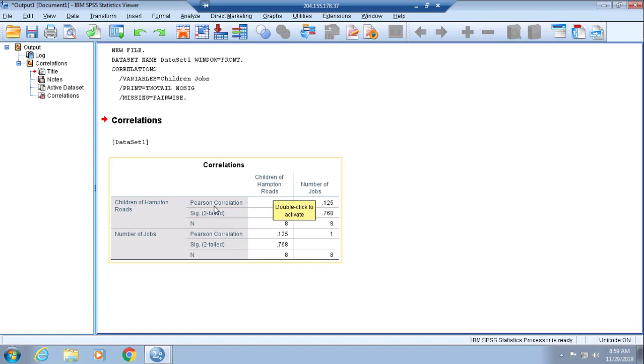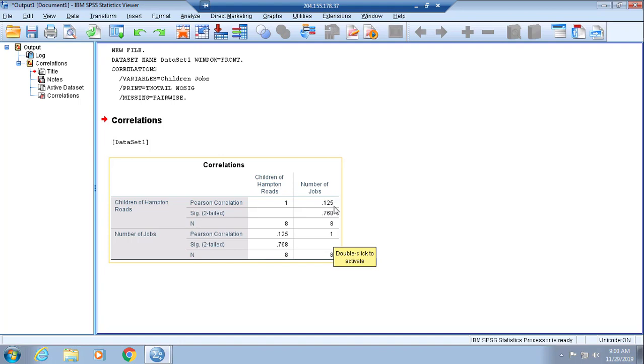So it makes sense that there would be a 1, or a perfect relationship, between the variable, because essentially it is the variable. And you'll see the same thing down here with number of jobs, and then the Pearson correlation R that exists between it and itself, which is 1. A 1 is a perfect relationship. Of interest to you would be that